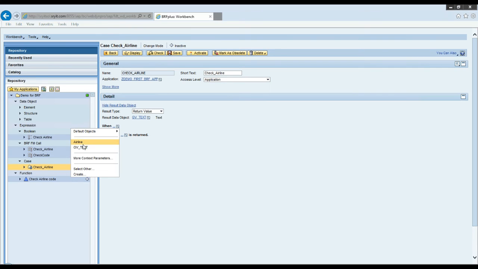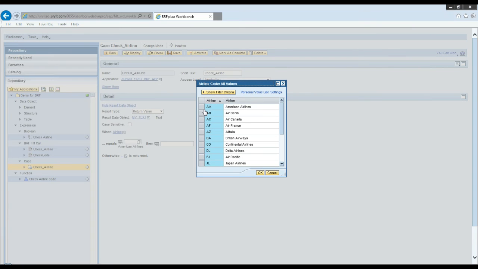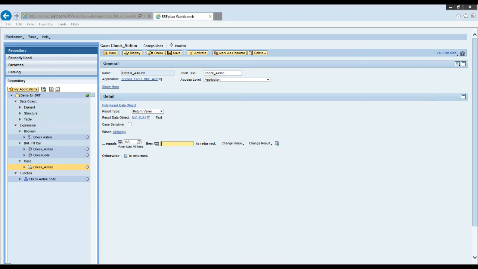If you remember, in function context we only put two parameters. Those two it is showing me. So I say when airline code, here is the condition. You can check the airline code value. Is American Airlines, then what should be the return value?